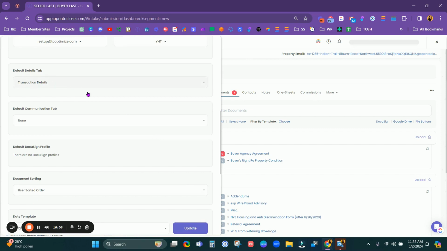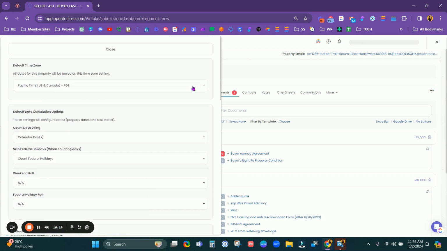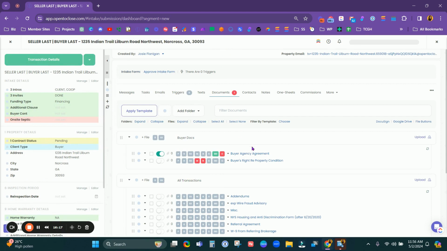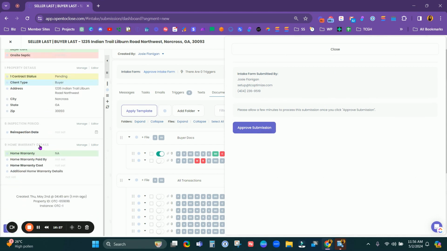So there are a few other settings that you can apply to transactions. You can add date templates, API field maps. There are a lot of integrations, more so than any tool out there. And I will be happy to touch on that in just a minute, but let's go ahead and approve this now. Once we approve it, and you'll actually see here,